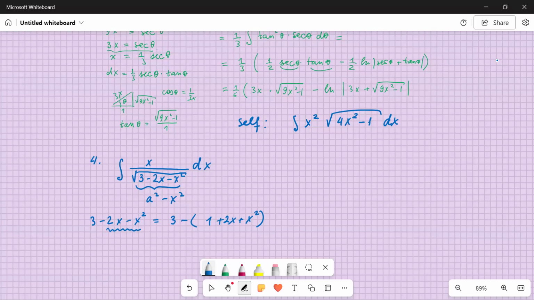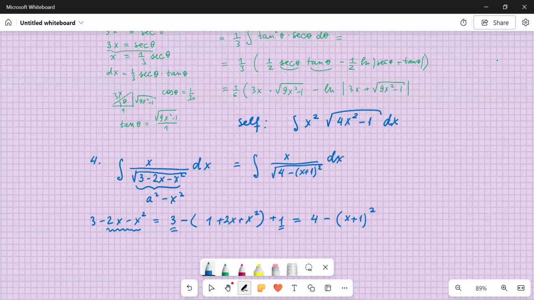It looks like we just subtracted 1 here, right? An additional 1, which was not in the original expression. We have to add it back so as not to change our expression. Combining 3 and this artificial 1, we have 4 minus this, which turns into a perfect square, x plus 1 squared. And our trinomial is becoming a binomial. So let's write it down now in the new shape: the square root of 4 minus x plus 1 squared